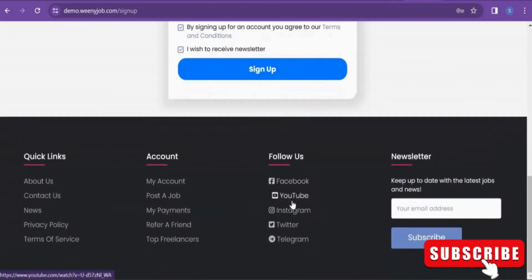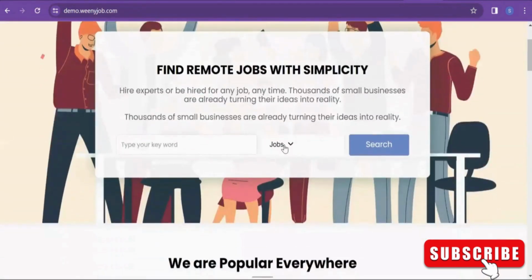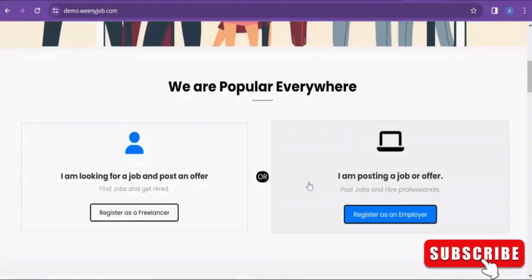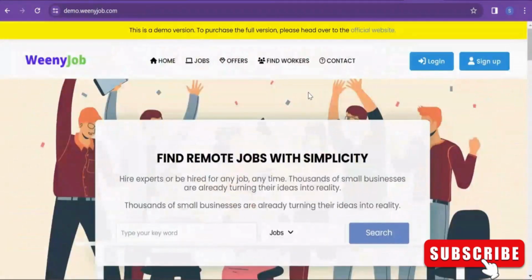We have beautiful links, as I mentioned, because as soon as you place your links, they will be shown over here. We have the beautiful footer, and the best part is that all the pages in this site, both administrative and front end, are mobile responsive. So you can access it from any device. We have a beautiful search bar in the hero section, and beautiful pop-up boxes on hover. So it's more than just a microjob site.